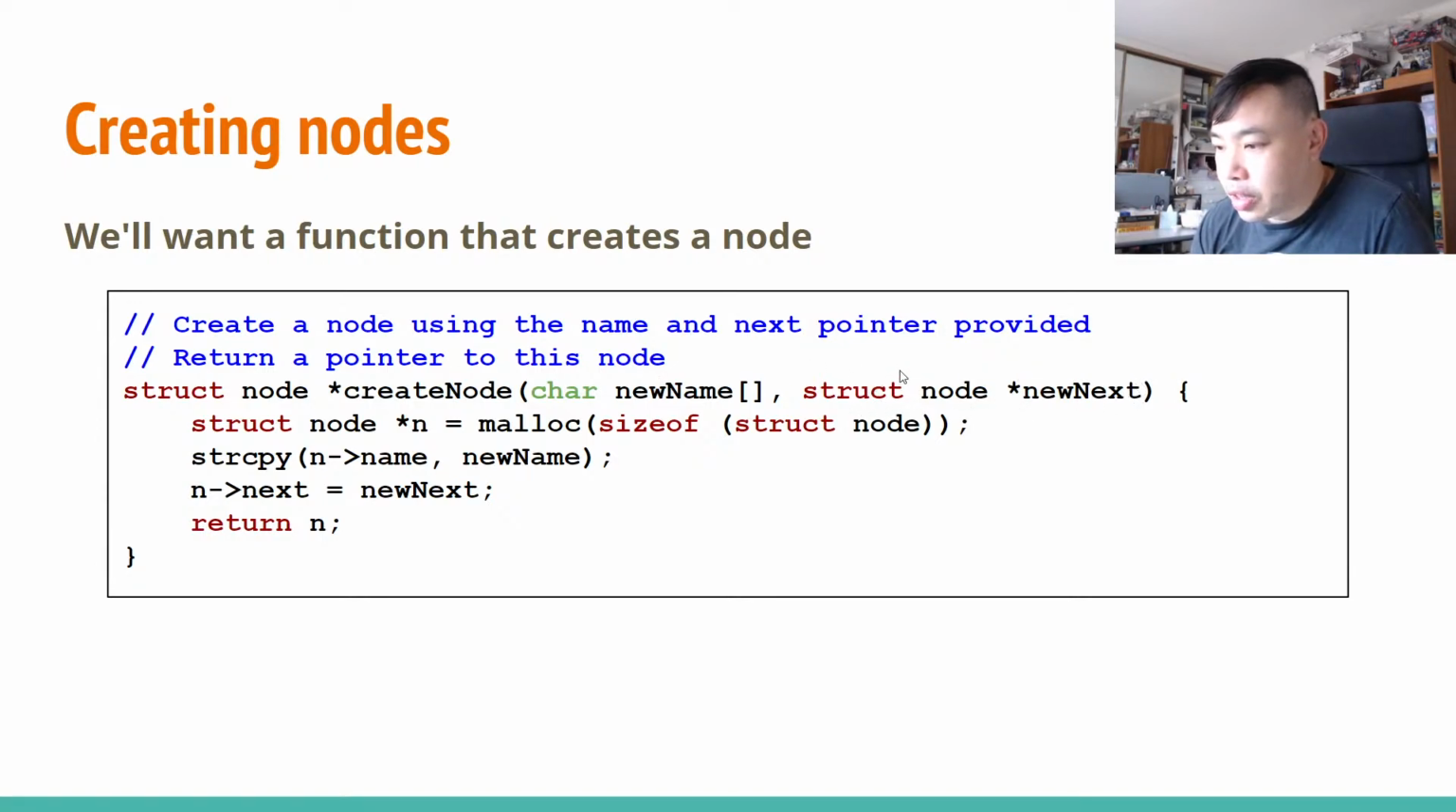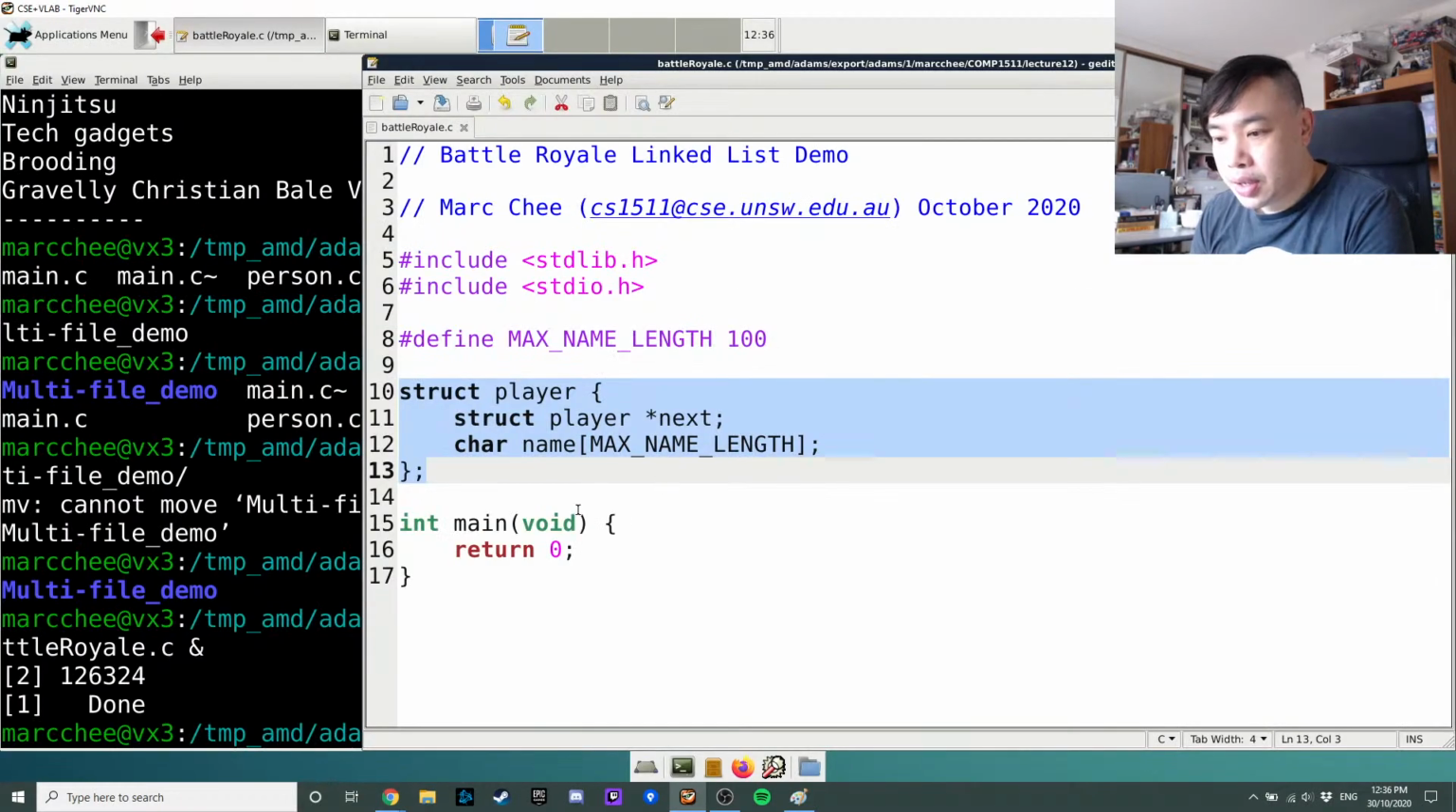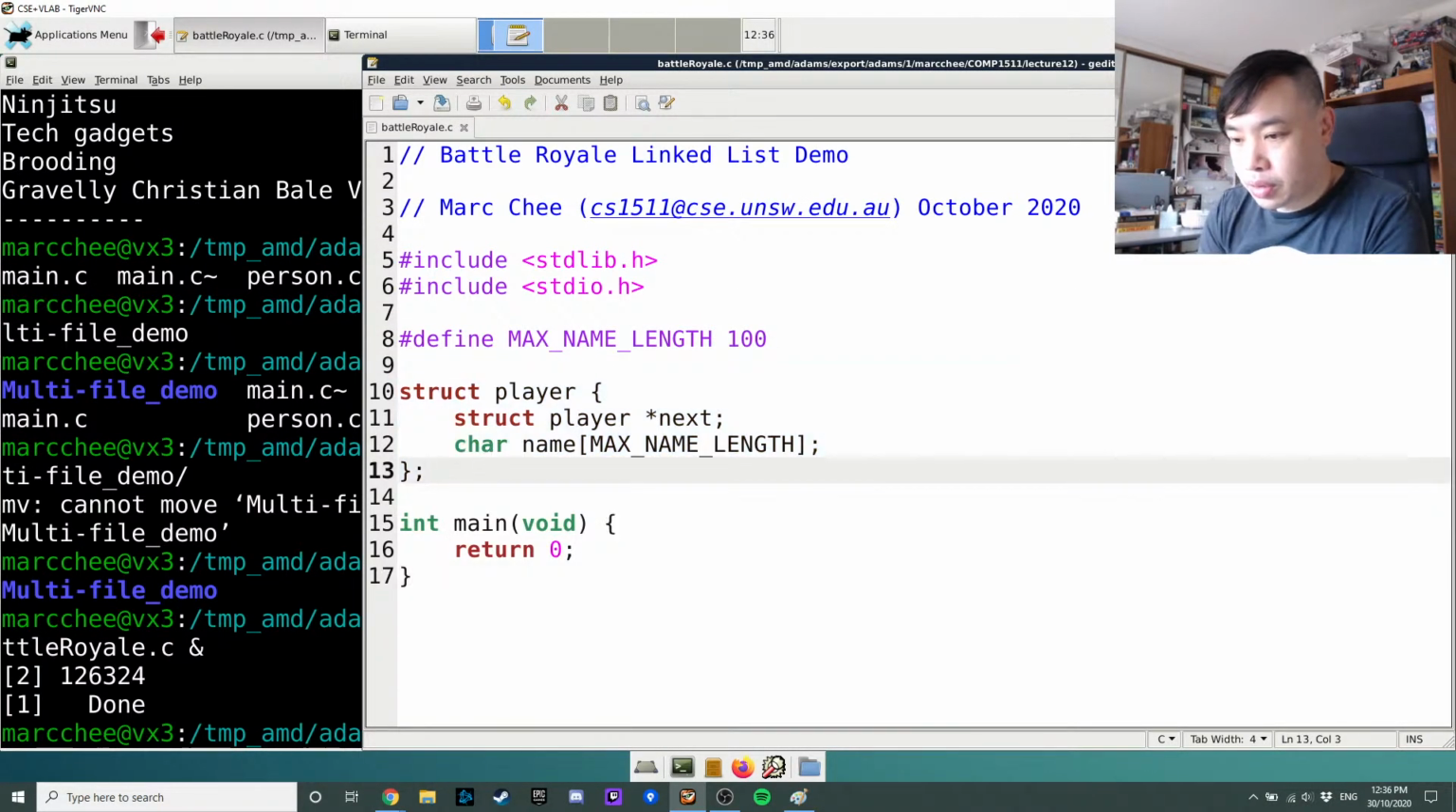And the pointer to the next node, and we memory allocate. So this is actually quite simple because all we're doing is memory allocating a new node and then just blanket putting in what we've been given here. So to have a function,